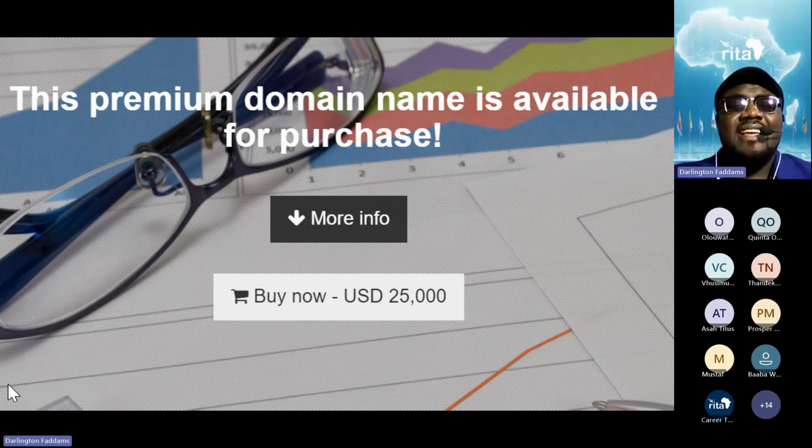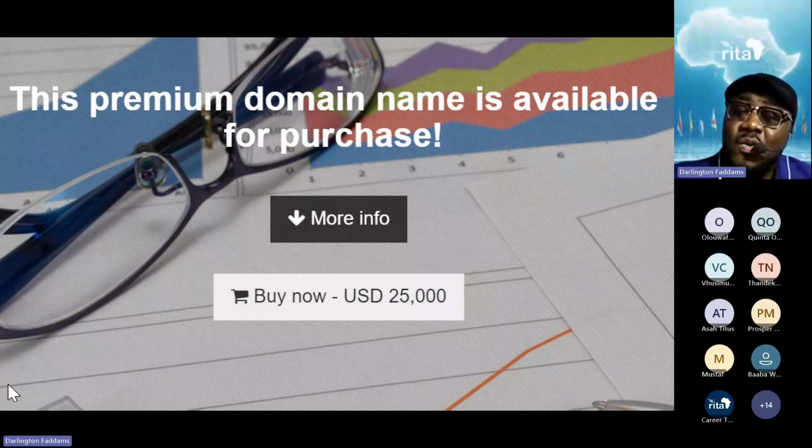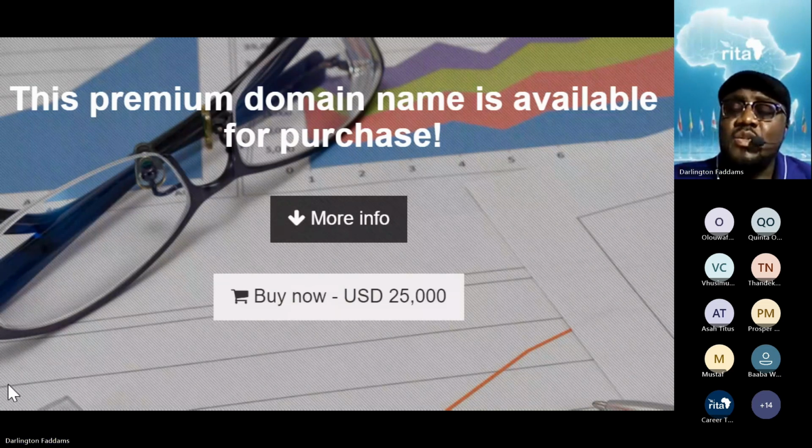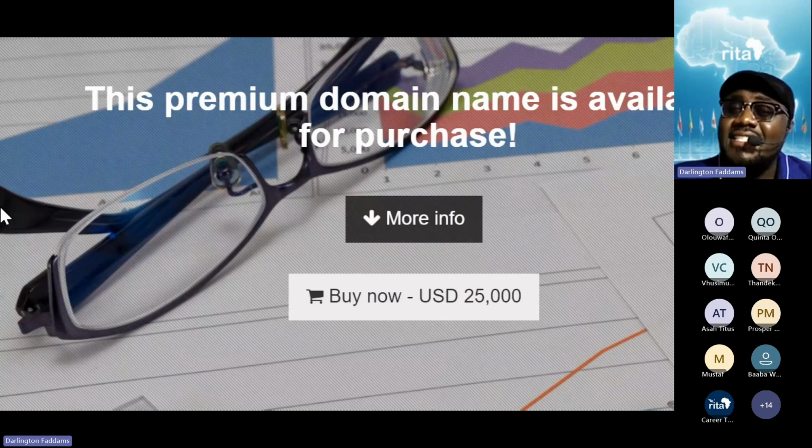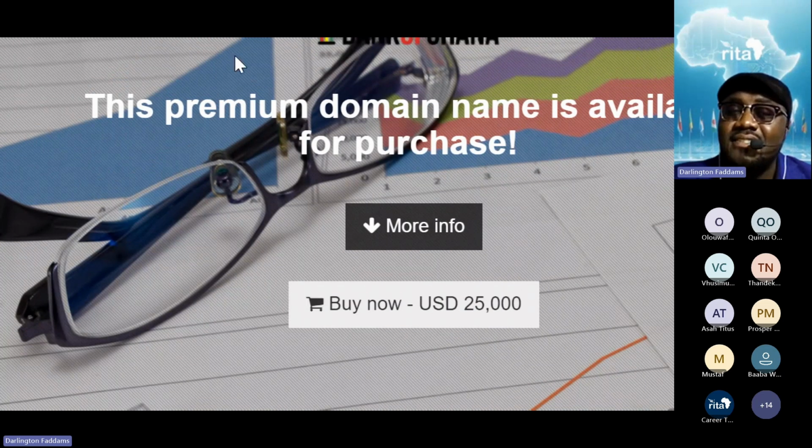I'm only telling you that I bumped onto this name on Who Is. Maybe I was just testing things with students, I don't know. But I bumped onto this thing on Who Is, and I saw that it was left with few days. So this person has been keeping this name, Bank of Ghana, and he's selling it on auction.